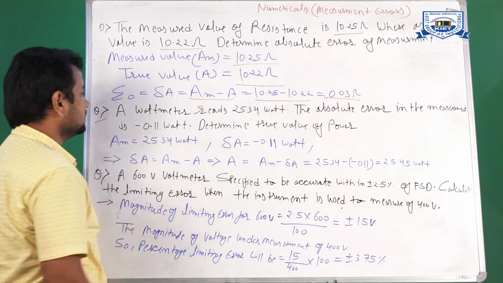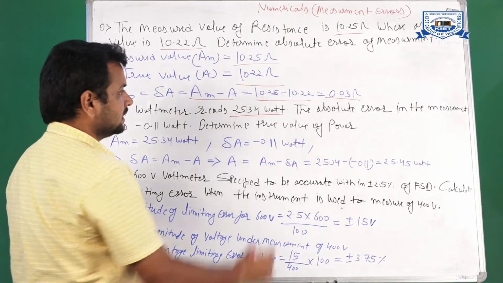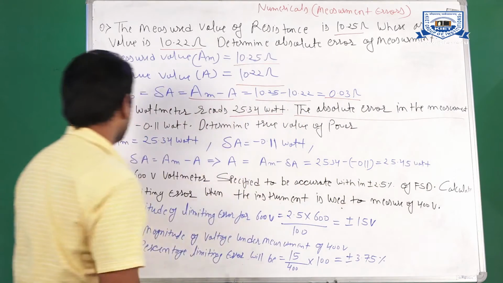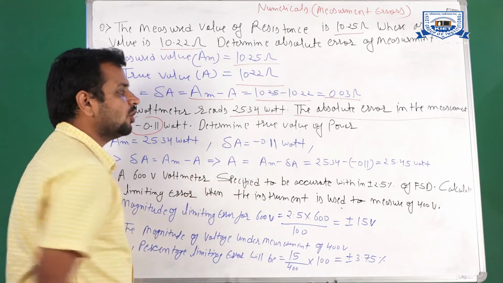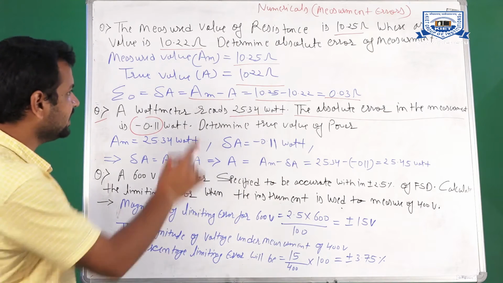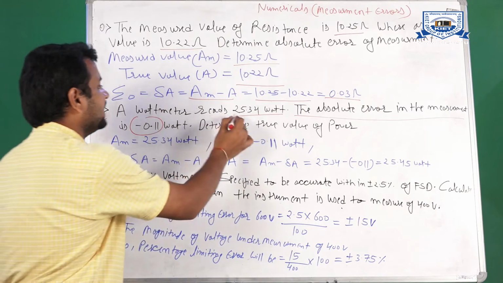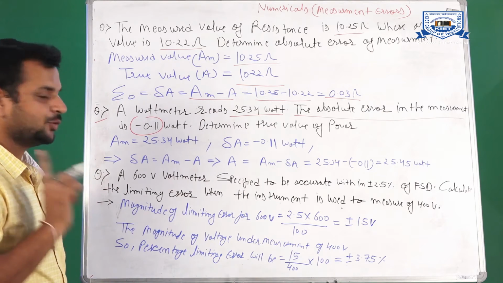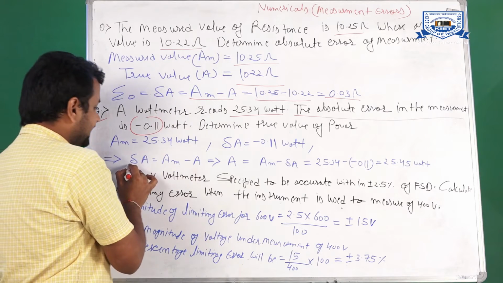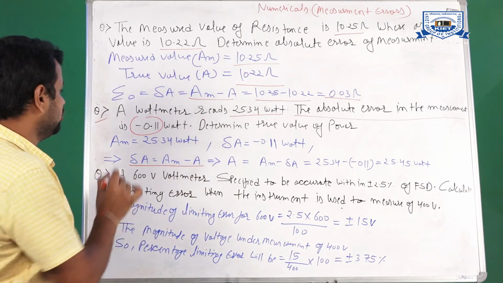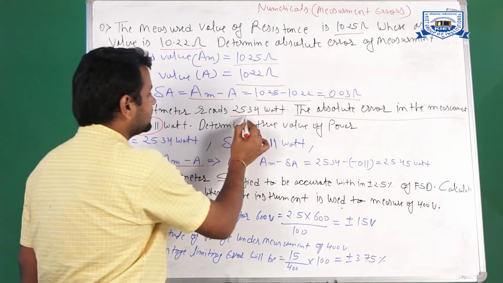Now the second question is, a wattmeter reads 25.34 watt. The absolute error in the measurement is minus 0.11 watt. Determine the true value of power. So in that case, you have been given the absolute error and the measured value, and you need to find the true value. So what will be the true value? You have the formula, del A is equal to AM minus A. Here del A is the absolute error, and you are also given the measured value of power,